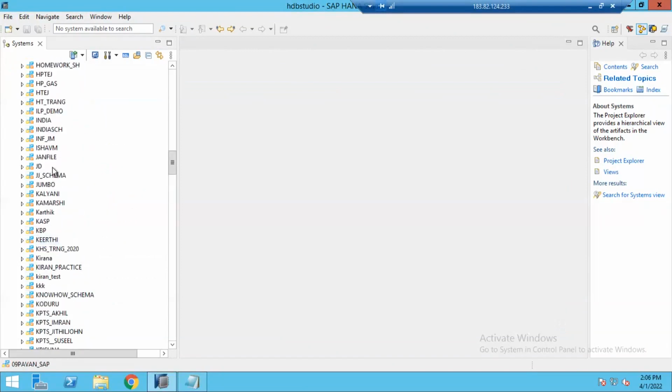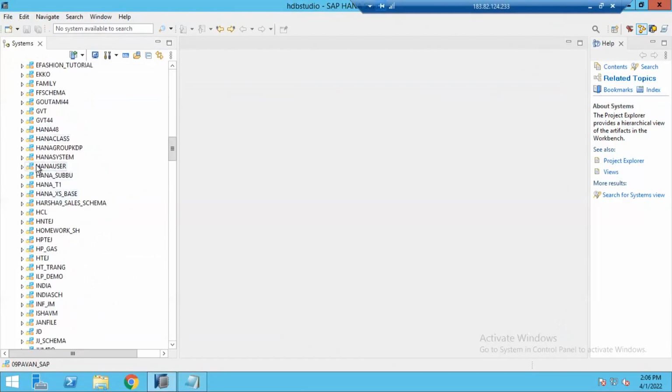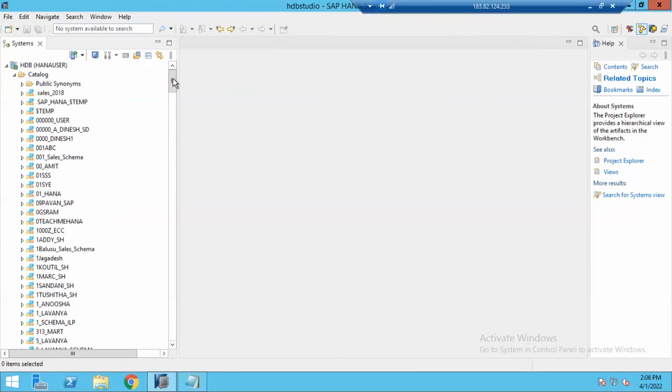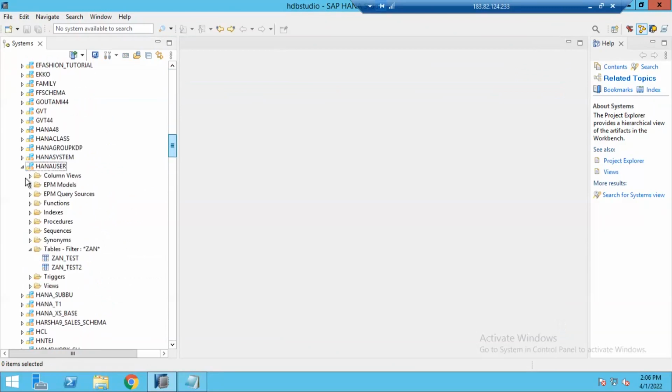So where is my HANA user here? You see, this is my schema because I logged in with HANA user. So this will act as my schema. I have complete access on this schema. So each user has its own schema and they have complete access on their own schema.